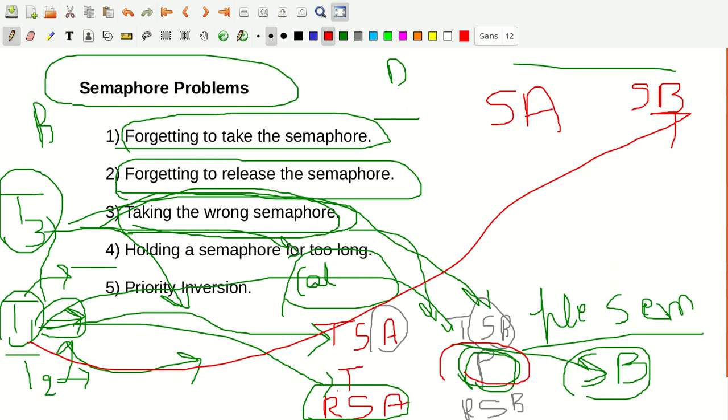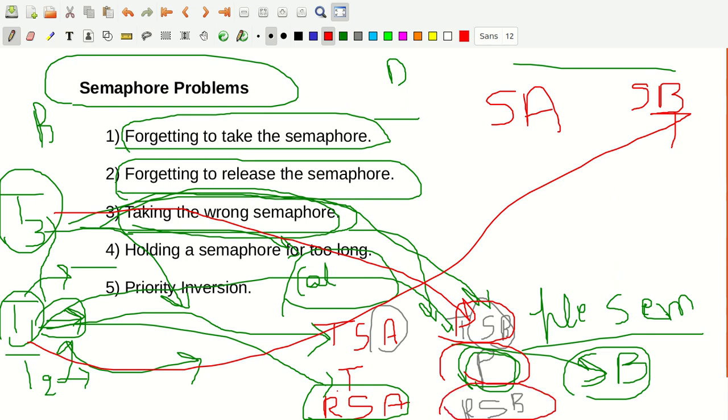Now the semaphore B key is taken, and T1 does not even want access to P, but P is locked here. Now T3, which wanted to take semaphore B in order to get the P value, will not have access to the P value. Why? Because by taking semaphore B, the T1 task holds access to this variable. Now T3 has to wait for T1 until T1 releases semaphore B here.